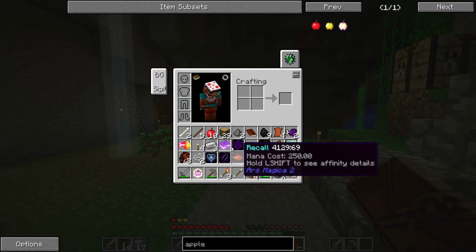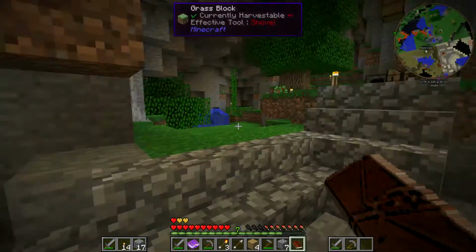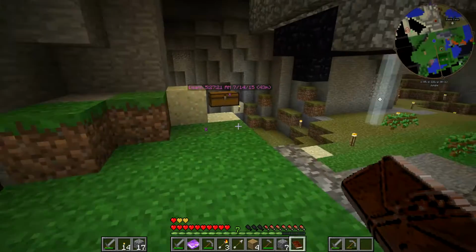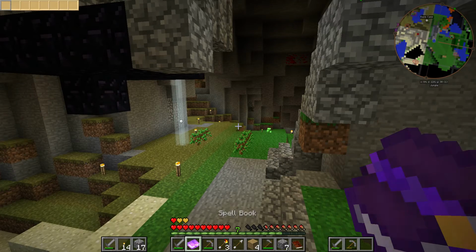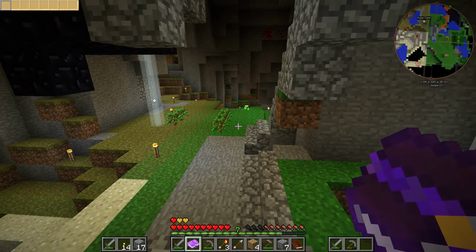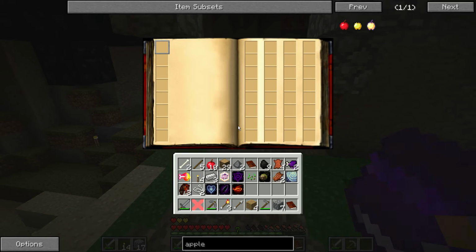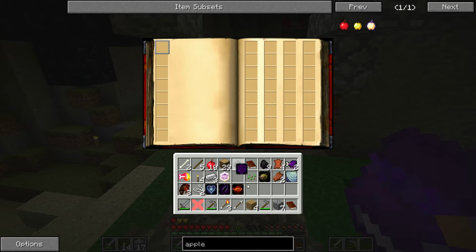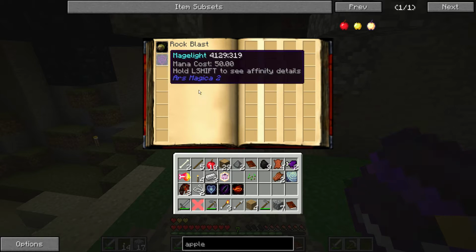Now let's get our spellbook set up. These are all Ars Magica spells. If you have never played with Ars Magica before, usually you got to research them yourself, but in this case we're getting them from quests. So we're going to select our spellbook. You can see it up there in the left corner when I mouse over it. It's got no spells currently. We're going to crouch, hit right click, and I want to start out with Rock Blast, then Mage Light,